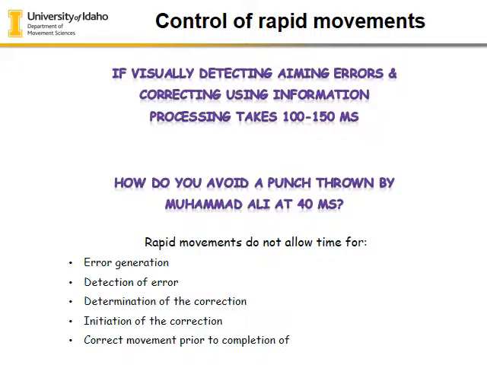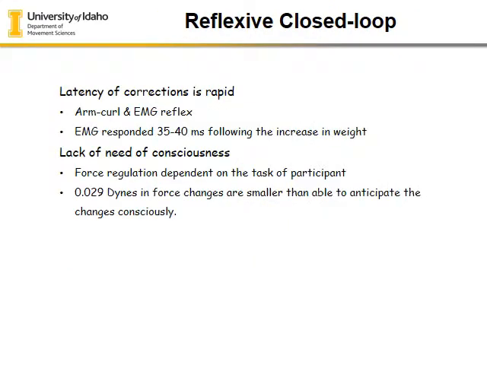Or any other of these components that are related to measurement error from the desired outcome and the actual outcome. So to correct that movement prior to completion, there needs to be some other form of feed-forward system or ability to use a closed-loop system to go forward. And so these reflexive closed-loop systems, it really comes down to this, is the idea of this latency of